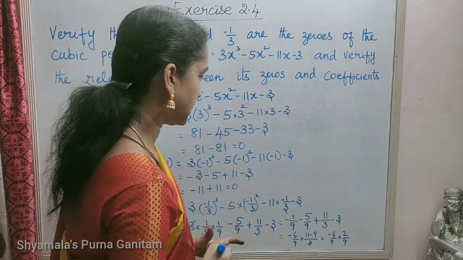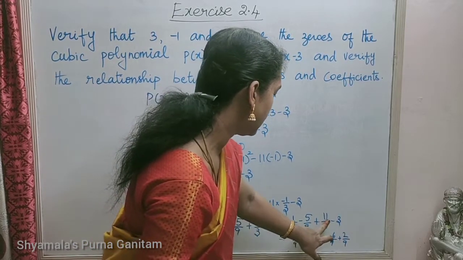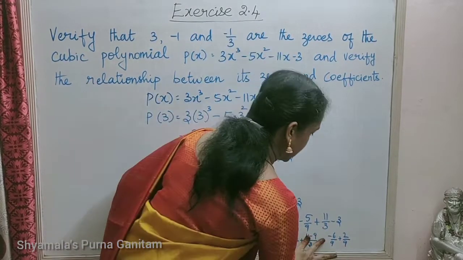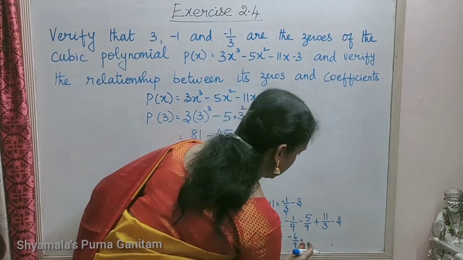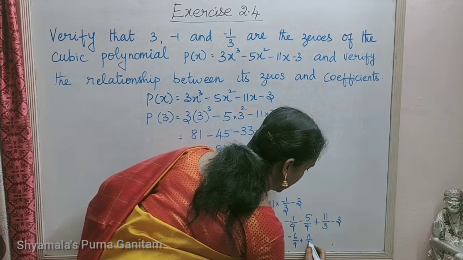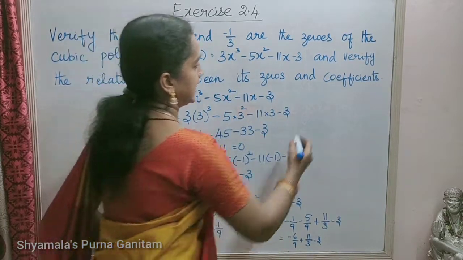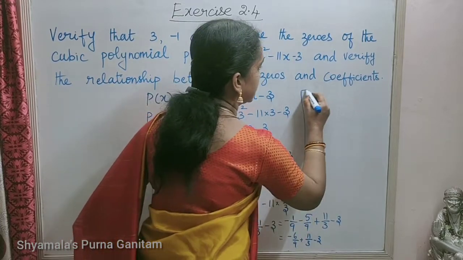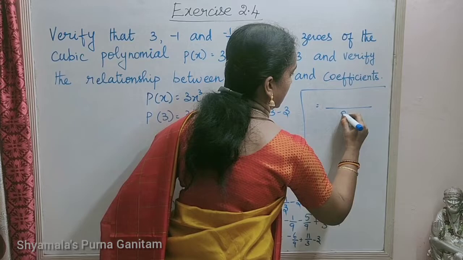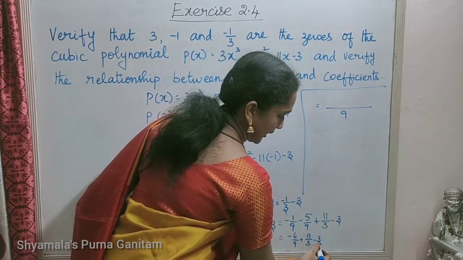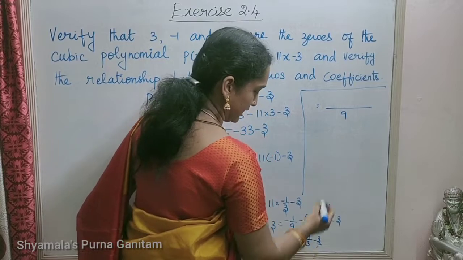Okay. So this one you will get minus 1, minus 5 is minus 6 by 9. Then we will keep this as it is. This one, we will keep this as plus 11 by 3 minus 3. Then we will take LCM for these things. All these things we will take LCM. So LCM for this is 9. 9 and 3 is there here by 1. So when you take LCM, we will get